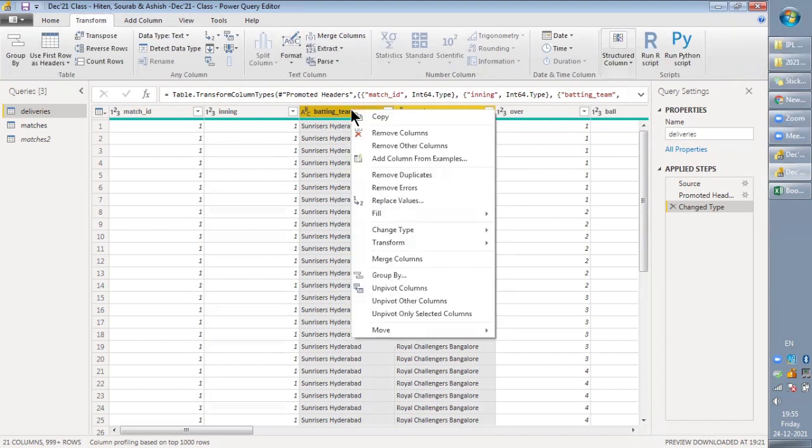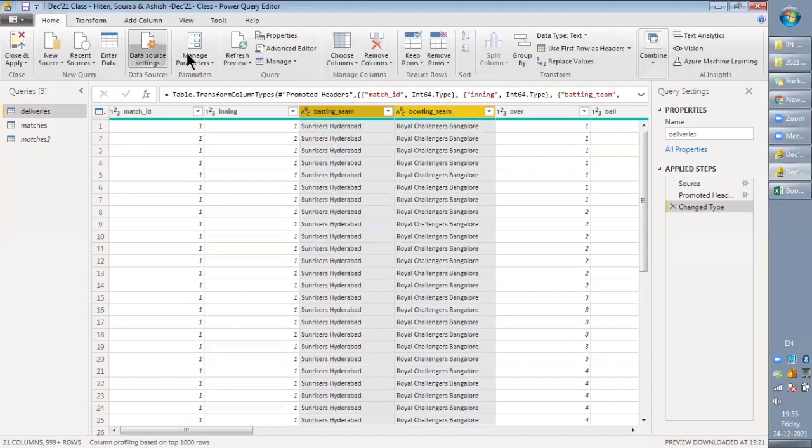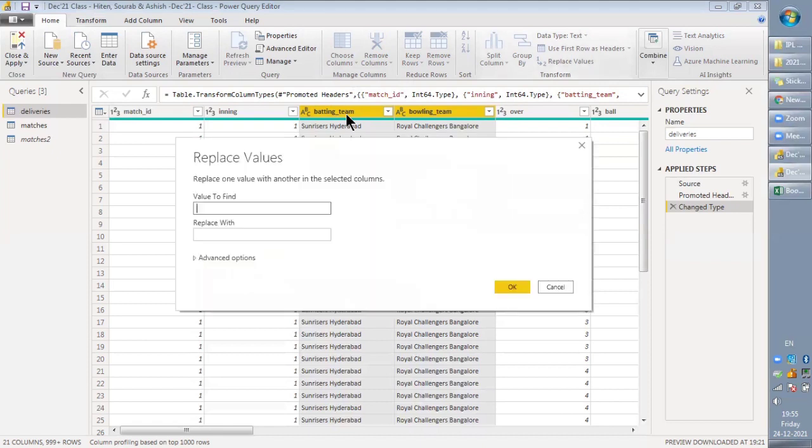It's there. You can right click on the header and find replace value. In transform, replace value, you can click. You can get the same function through right click also.